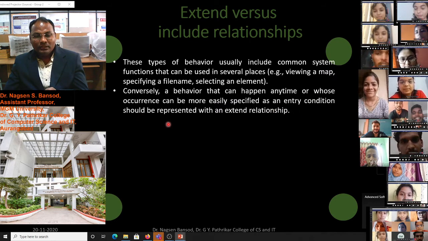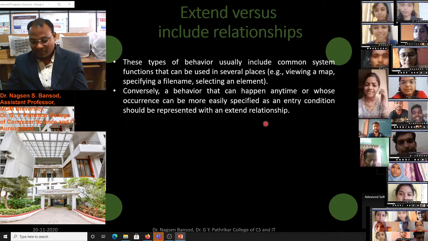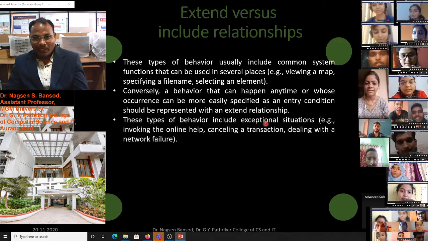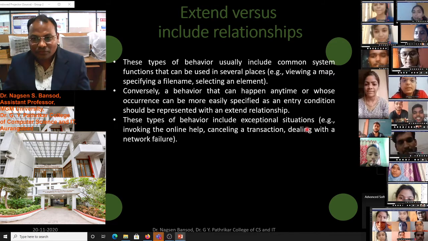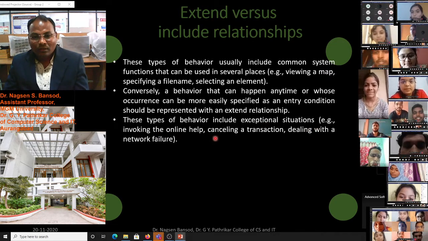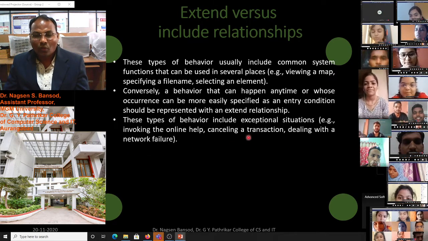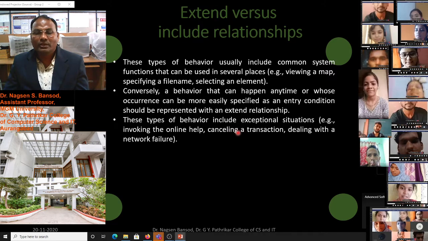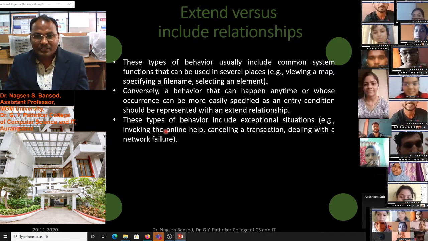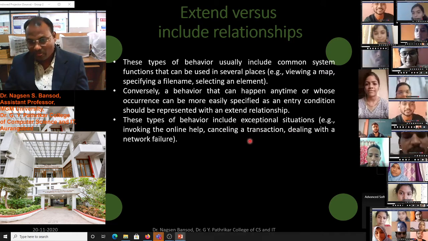Situations like invoking online help, cancelling transactions, dealing with network failure, all these are exceptional situations; this type of behavior includes the exceptional situations.